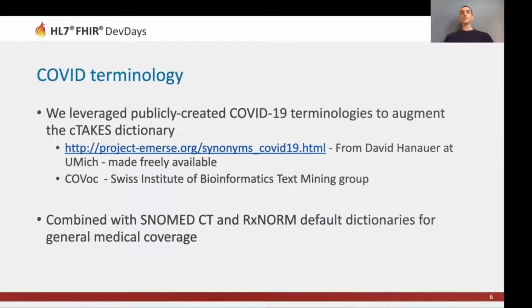What we did was we took a couple of publicly released terminologies that different people in the community had shared. One of them is from David Hanauer at University of Michigan. He made this freely available. Another one is called COVOC, which is from the Swiss Institute of Bioinformatics text binding group. This looked to be a crowdsourced effort where they shared a Google Doc and a bunch of people were adding